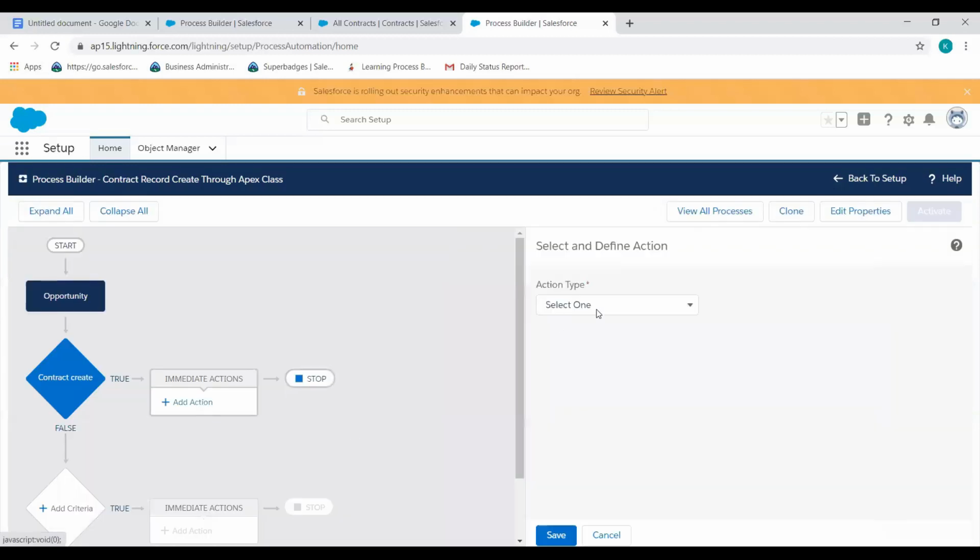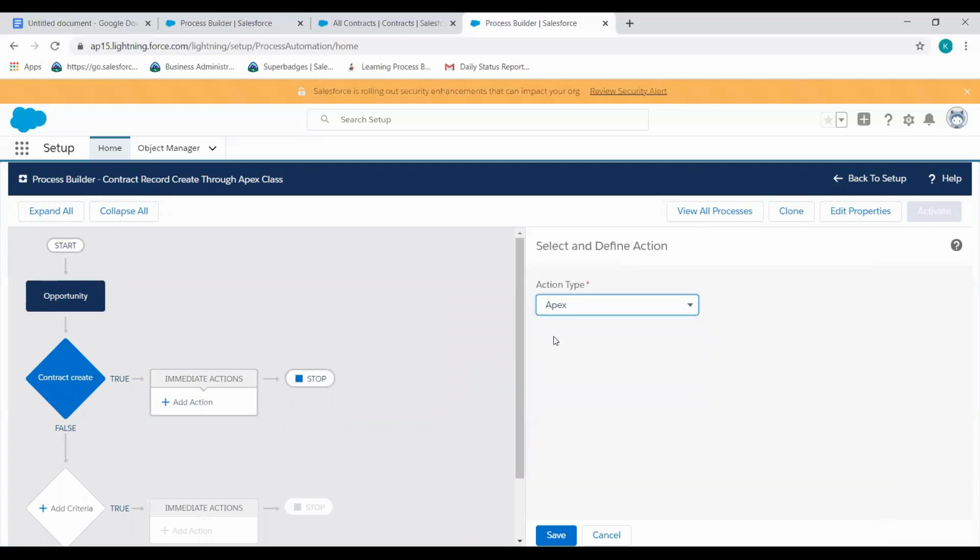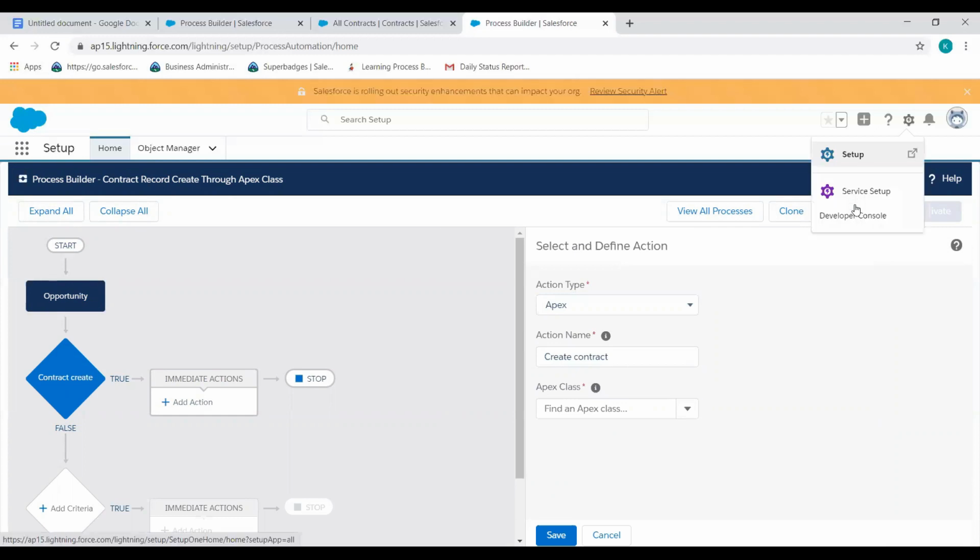Now in action, we will choose Apex rather than create a record. So when you choose Apex, you can name it. Now you have to choose your Apex class. So let me see my Apex class to include any Apex class,